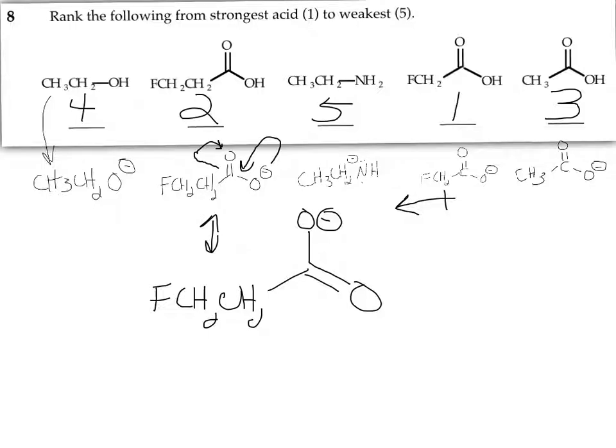So that's one strategy, and this is a relatively easy example. Another strategy would be to just take each pair. So I could have considered these two and said, all right, which one of those is a stronger base? Well, that came from the weakest acid. And then I could go to this, say, which one of those is a stronger base? Well, that came from the weaker acid. And then find out the orders for each one pairwise and then deconvolute that information. This is a good way